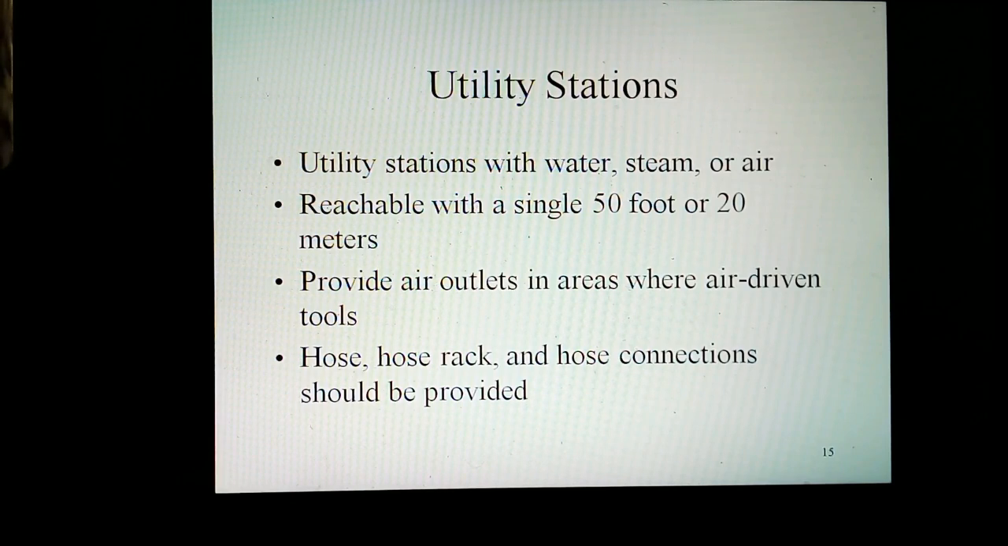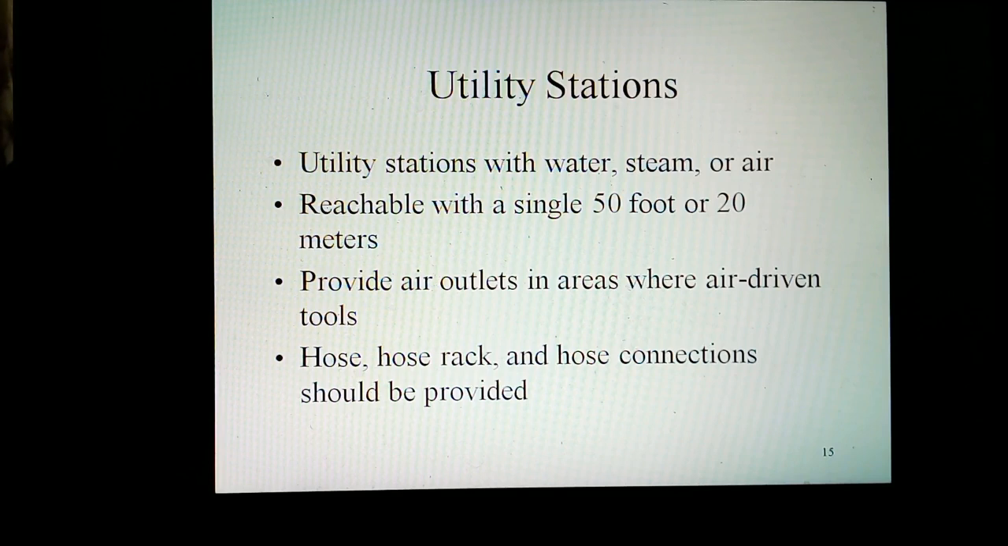Utility stations. Provide and locate utility stations with water, steam, or air in such a way that all areas should be reachable with a single 50-foot or 20-meter length of hose from the station. Provide water outlets at grade level only, in pump areas, and near equipment that should be water washed during maintenance. Provide steam outlets at grade level only in areas subject to product spills, and near equipment that requires steaming out